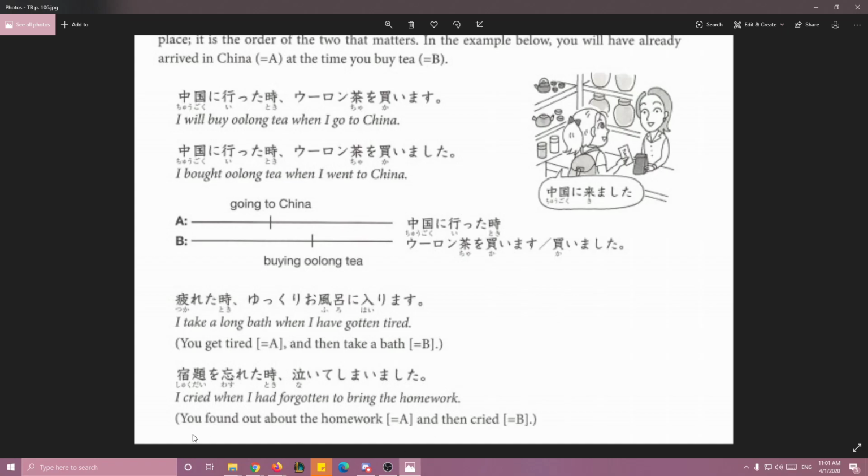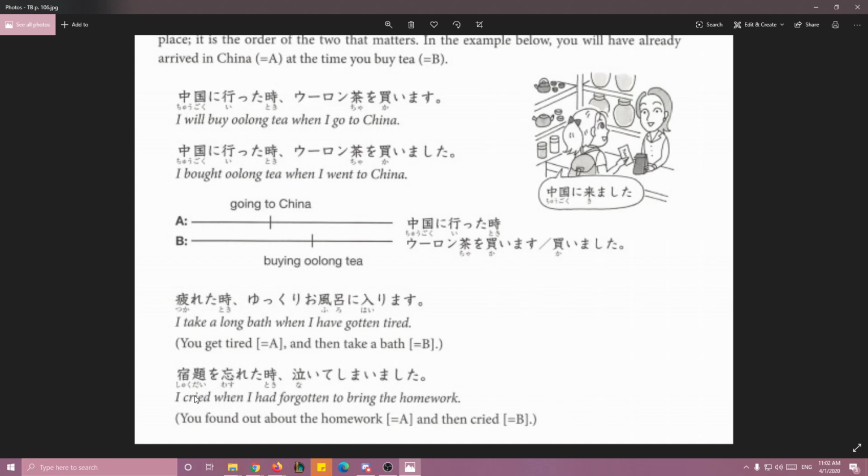Now let's look here. I cried when I had forgotten to bring the homework. Oh, that's relatable for a lot of my students. So, what's the reason I'm crying? I'm not going to cry and then go, I forgot my homework. That seems a little strange. Rather, it's going to be, I forgot my homework. So with that being said, we are going to express that forgetting to bring the homework or forgetting about the homework is going to be our time reference. The main event, the main shebang that's going to go on is I'm going to cry like a small baby.